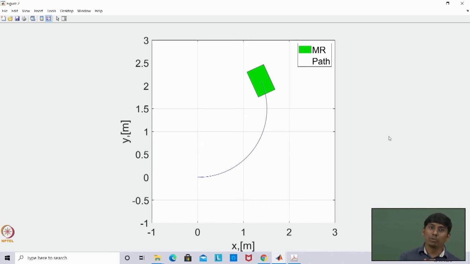Now compare to the previous result, where you plotted the xy plane or individual coordinates, it is not giving this fruitful information, right? So that is what one should know: how to present the result better. That's why this vehicle animation is important, in the sense the motion animation is important.